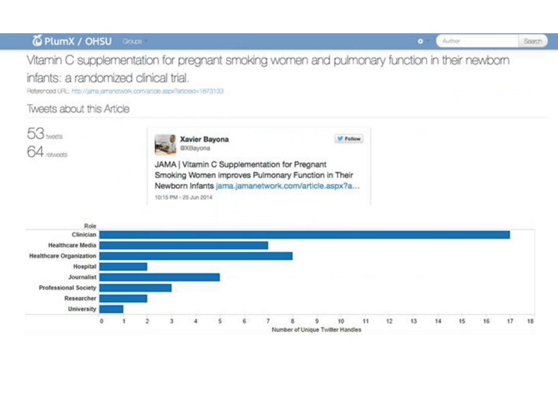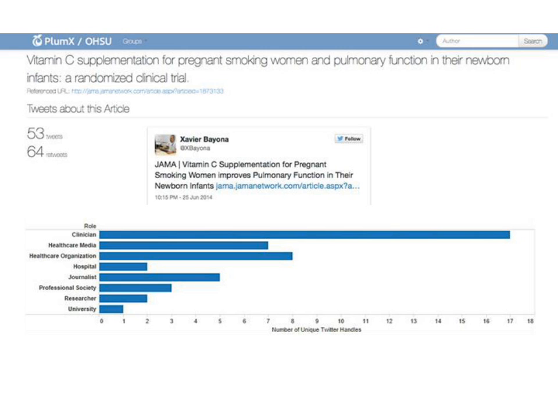And here I'm looking at some of the Twitter data within the context of the Plum dashboard. And below is where we start seeing the work we've been doing to help communicate and validate the usefulness and meaningfulness of this social media activity in particular. So down below is analysis that we did on the roles and number of unique Twitter handles for the Twitter activity.